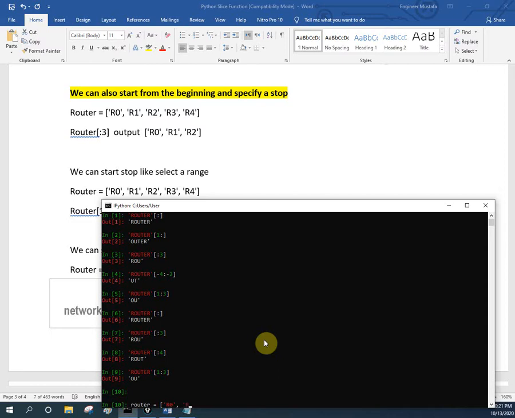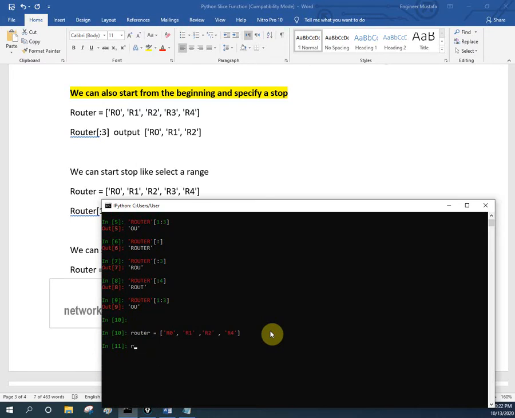Close this one, then we have the comma, and then one more let me take, R2. Then comma, then we have R4. So here I have taken 4 items in the list. This is my list. If I want to print, I can write router, and it will print the same thing.